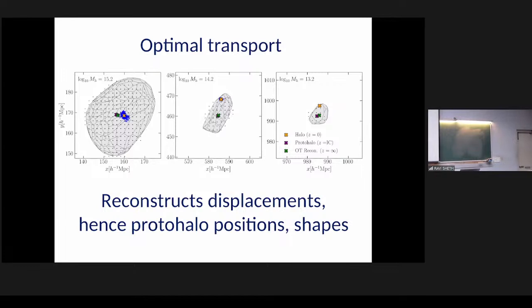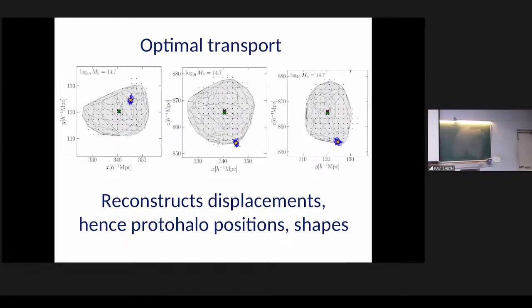And so, for example, it's not trivial. If I look at the blue, the long axis of the blue is like this, but the long axis of the reconstruction is like this. So it's doing non-trivial stuff, but it works quite well. Here's one where the center is quite offset from where it started. We're looking at it from 3 different projections. The green is where it started. The purple is where we reconstruct. We said this guy, the yellow, started from here, and it's very close to the right answer. So it will reconstruct the BAO very well, because you have undone the motions that smear the BAO.